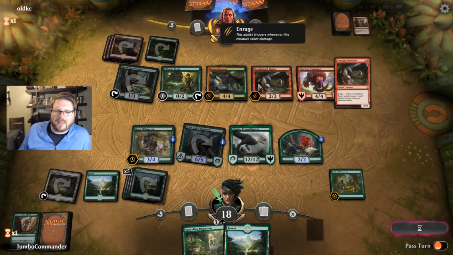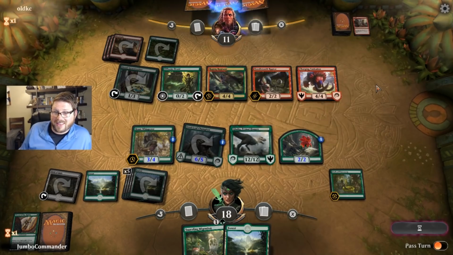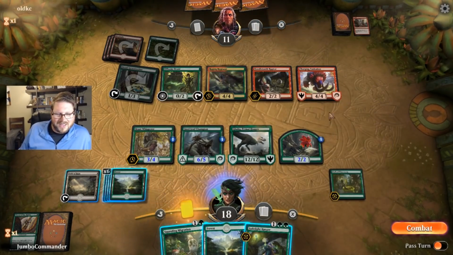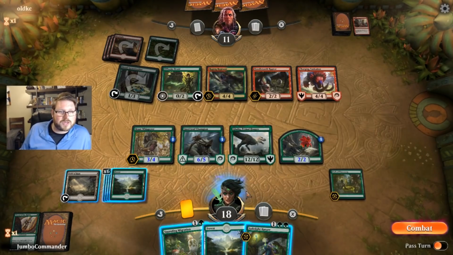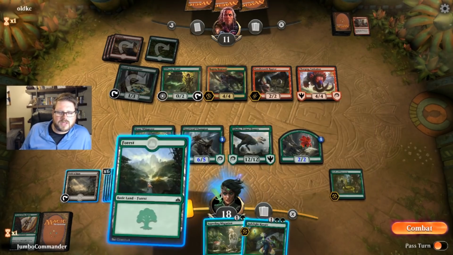I did not play a lot of Ixalan or Rivals of Ixalan, so I need to keep these in mind. And also I haven't played against Red, Green, and Singleton at all. So I really, really need to keep track of all of these, what's going on right here. So let's see here. The first thing, I'm